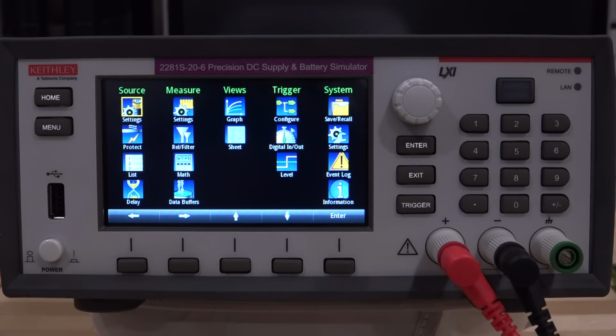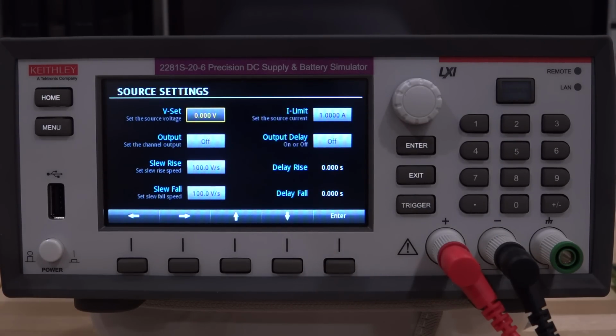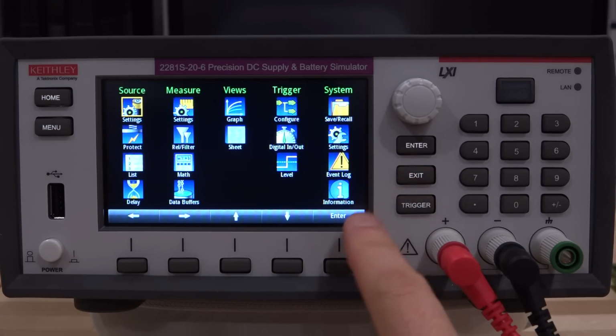If I go under menu here, I can set things like the source behavior, the measurement characteristic, the graphing, advanced triggering, and everything else that you would expect to be able to adjust. Now under source over here, I have not just the voltage and the current, I also have delays as well as slew rate. Now I can change the slew rate both on the rising and on the falling, and being able to do that independently is important in some systems that are sensitive to how you bring them online and take them offline. Now we're going to leave those by default for now, but you also go under the measure